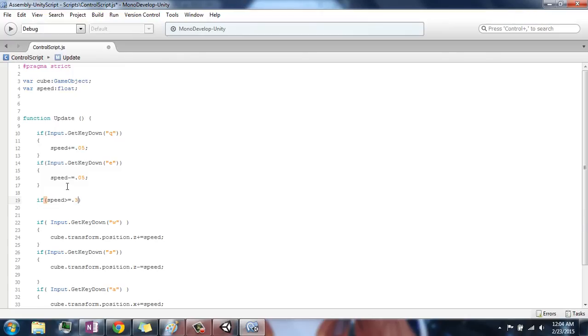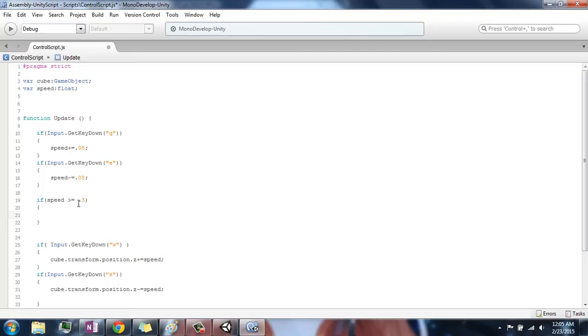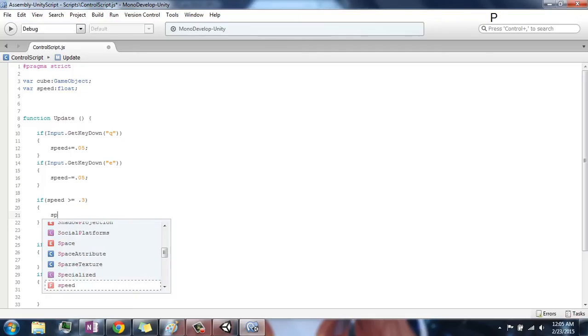If speed is greater than or equal to, you'll see these are new symbols. Greater than or equal to is obvious if you know any math. They're very intuitive symbols. So if it's greater than or equal to 0.3, then we're going to set speed equal